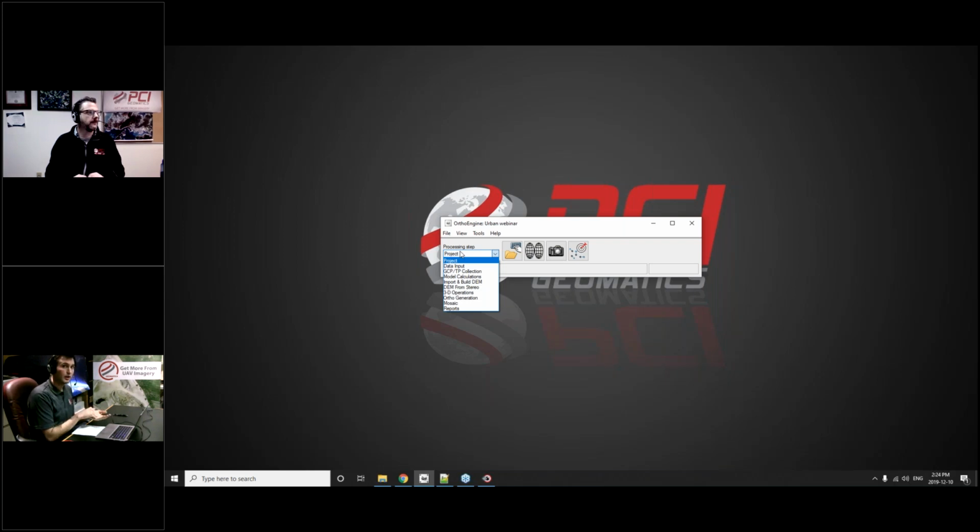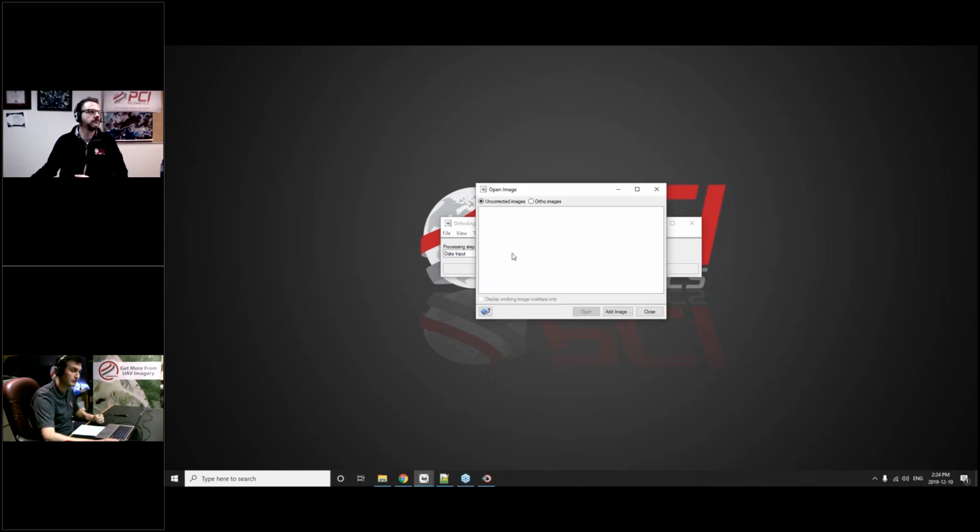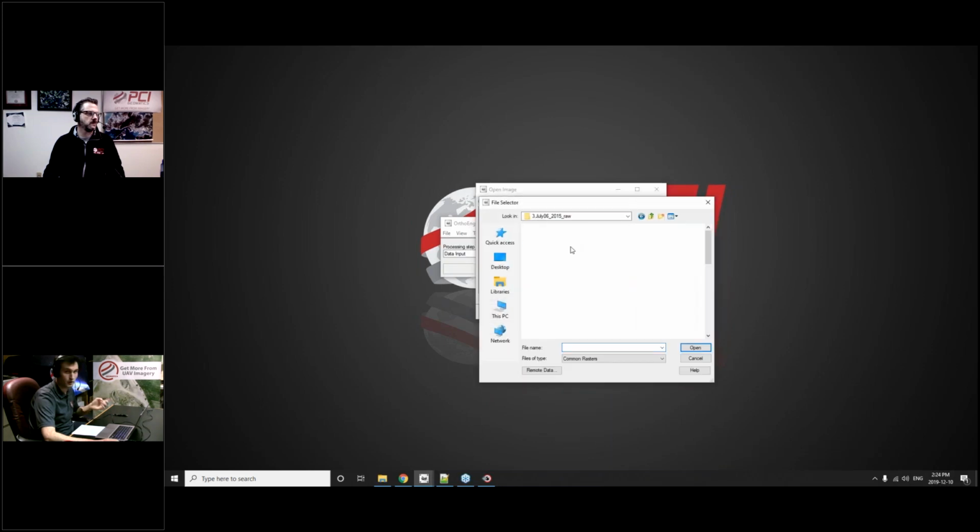And depending upon your workflow, you may use some or all of those steps, depending on what deliverables you require. So for this, I'm going to choose data input. So we're going to load in the imagery. I'm going to choose the open, new, or existing images, select add imagery,